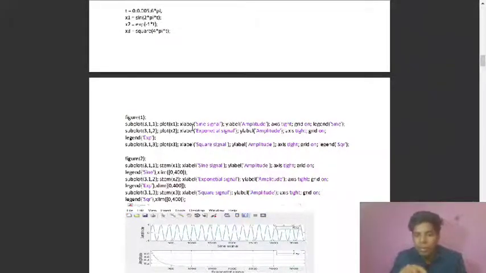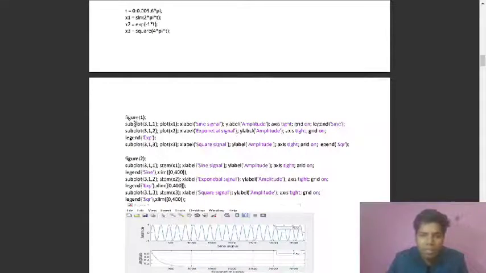So we are giving the x axis as sine signal and the y axis as amplitude, and we are using axis, so it will take some specific values, and we are using grid on, so it will draw a grid like we see on graph paper. And we are using legend sine, so it will give the name sine to that graph.